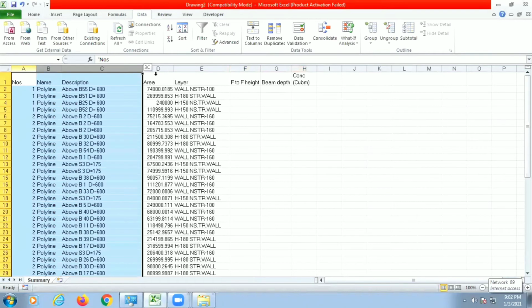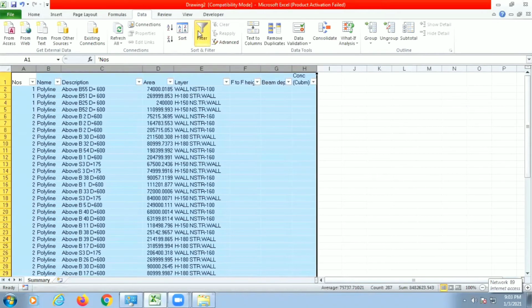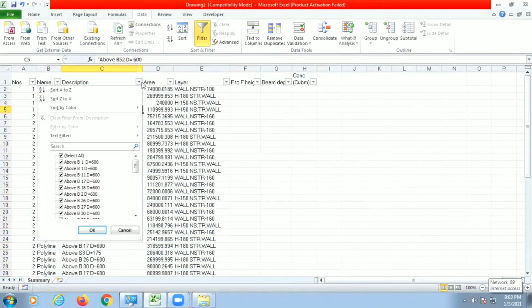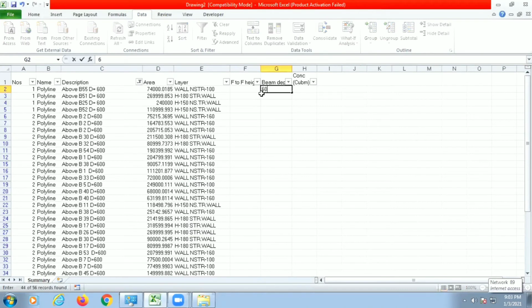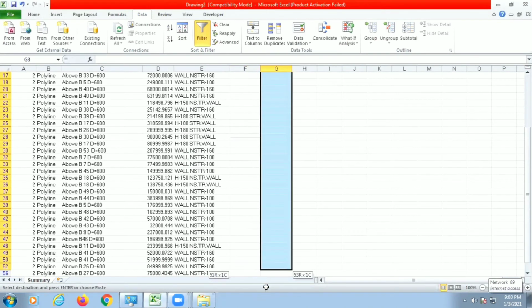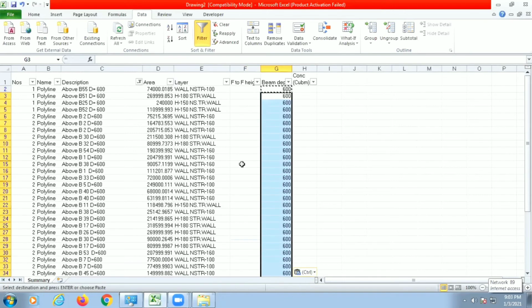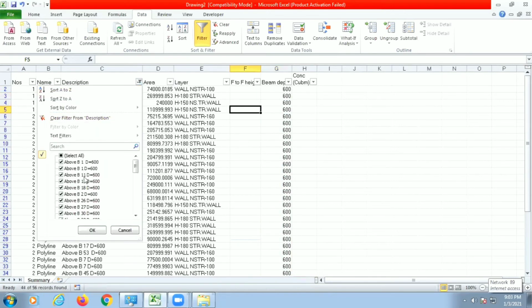Now first I will apply a filter on our table. Now I will select beam from here and deselect all the slabs. Now I will add my depth as 600. I will copy it down throughout. Now next I will select my slabs.